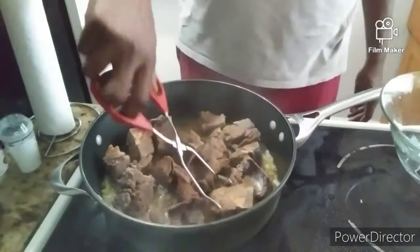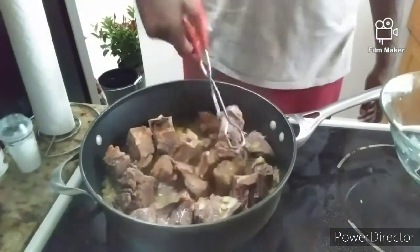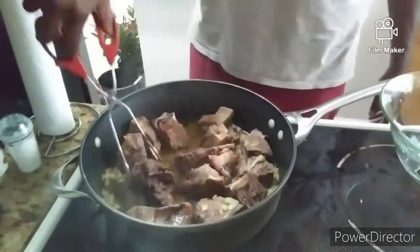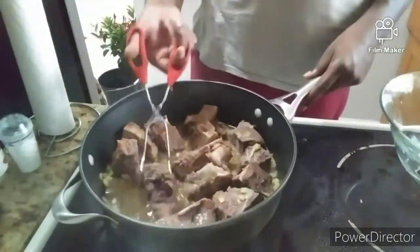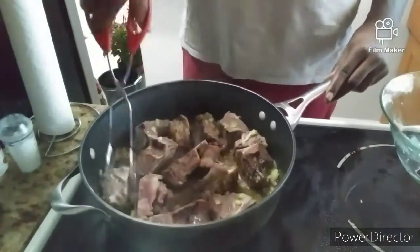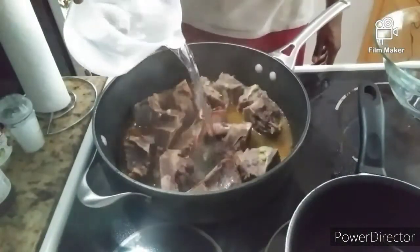Next, you want to add your neck bones, your seasoning, which I've already did here, and then you want to saute those up until they start to brown a little bit. Go ahead and flip them over and let the other side brown a little bit. Alright, once they brown on the other side, go ahead and